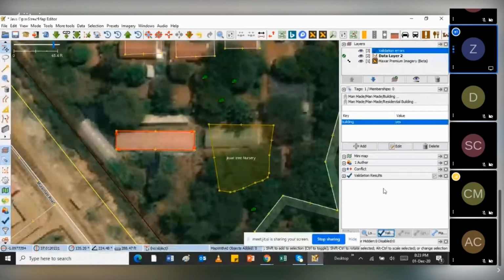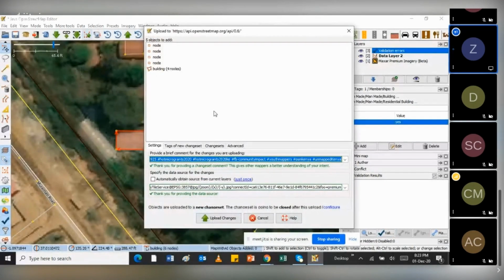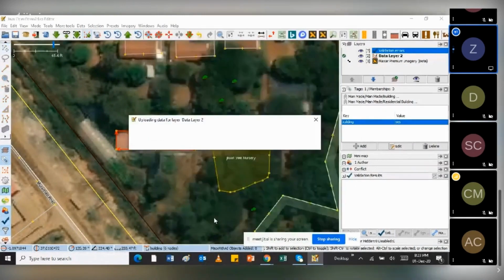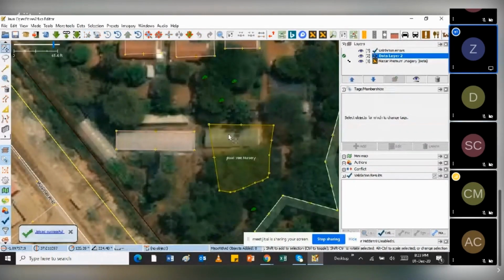So again, I'll go back to upload and then click continue. Then you'll notice now it didn't bring that error, so it takes me directly to add a comment, and I'll just click on upload, and that building will be uploaded. So now I've been able to add 2 buildings.